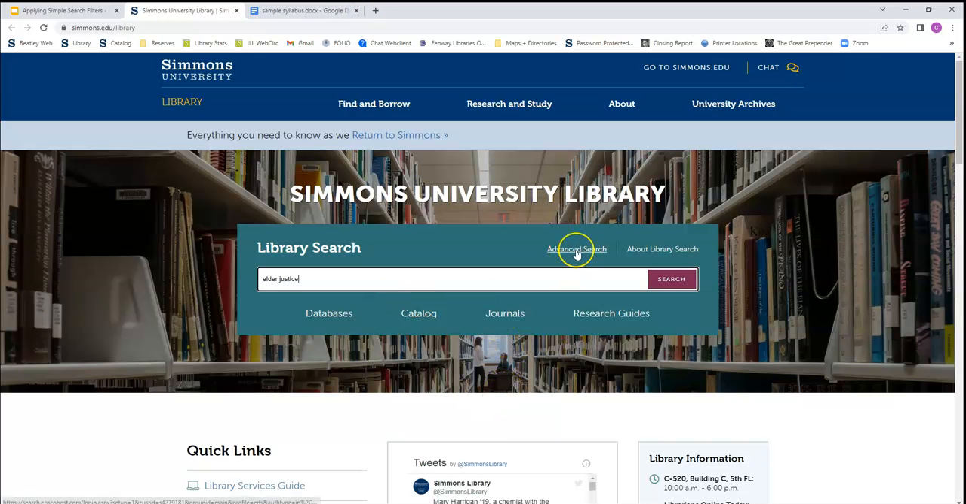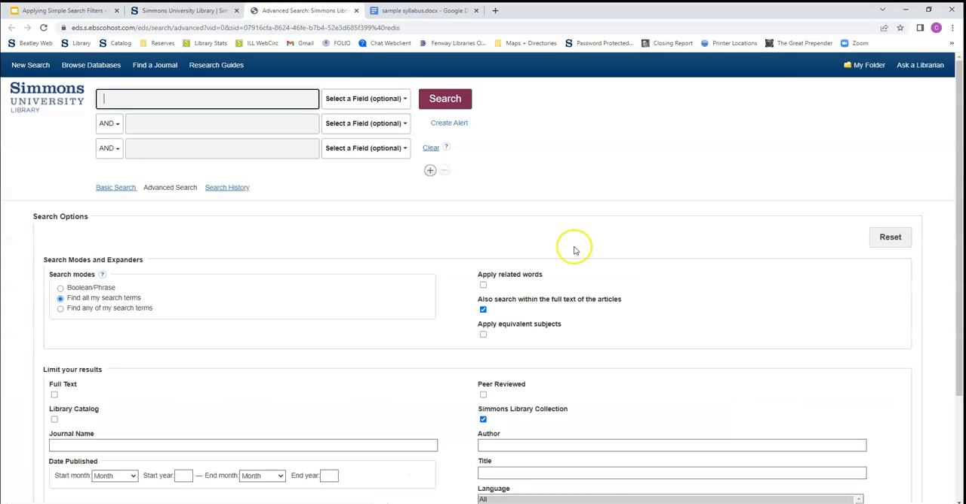Close out this, and so we can access the advanced search using this advanced search button above the library search bar. We have a simple search term, so we will just be using this first search bar at the top of the page today. These are other search bars that allow you to combine search terms for more specific results, but that's beyond the scope of this tutorial. So for our purposes, we'll just put in elder justice up here,